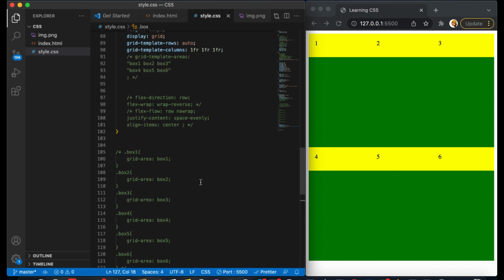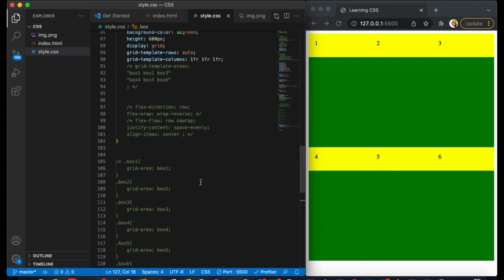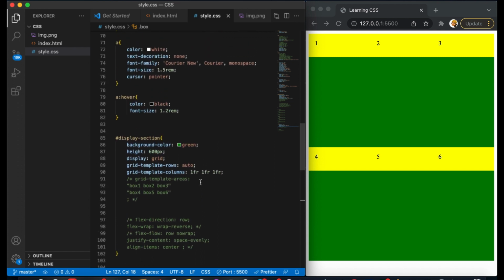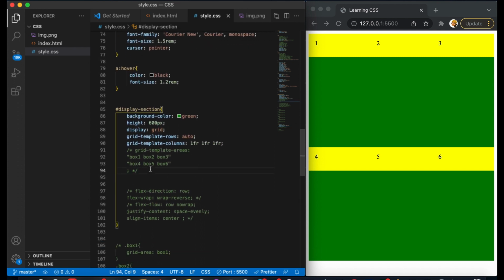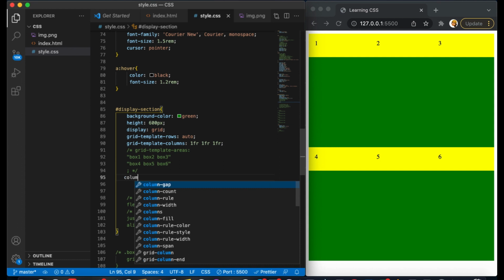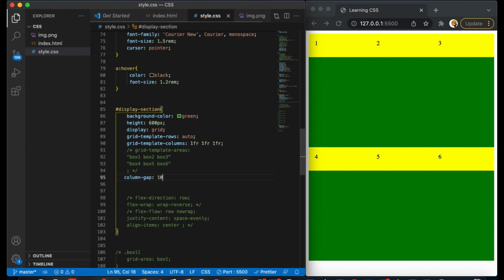There's a way you can declare gaps in grid, depending on where you want to give your gap. If you want to do column gap, if you do column gap and give it 10 pixel,